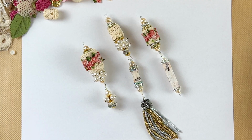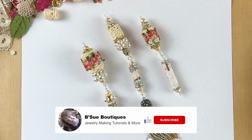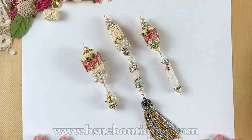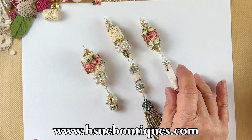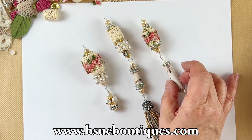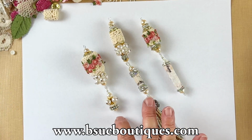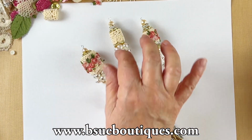Really cool little tassels and necklace connectors, or whatever you want them to be. They're just really different and really pretty, and I want to show you how I made them because I'm sure you will think of all kinds of things you could use them for. Basically I've just used cylindrical paper that I took out of a little scrapbook, and basic beads, and I have